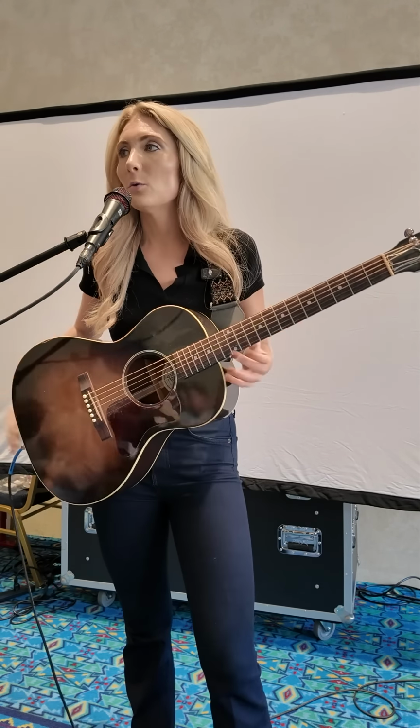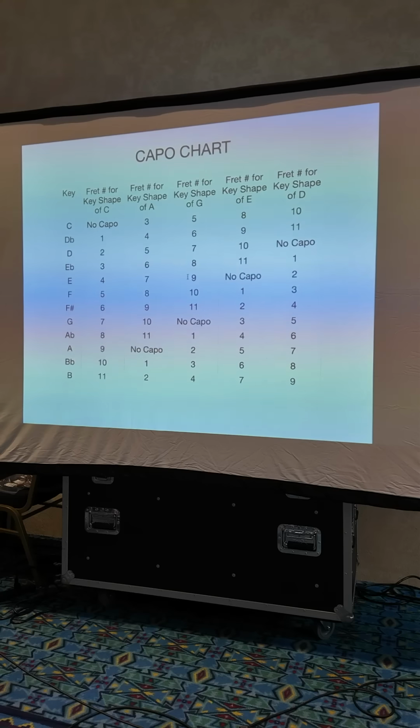But again, this is why I say the CAGE system is a great equalizer, because no key should feel like it's more difficult than another one. So what I'm gonna do here real quick, I'm gonna move over there and show you the breakdown of those charts, okay? If you don't wanna do the craziness of forming the CAGE blueprint, which I think is so fun,